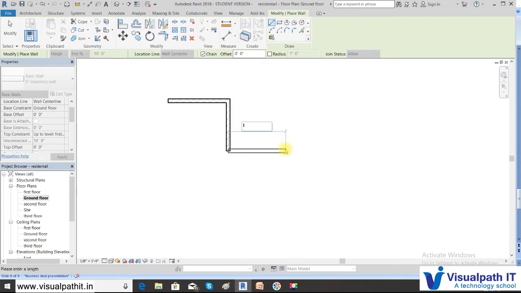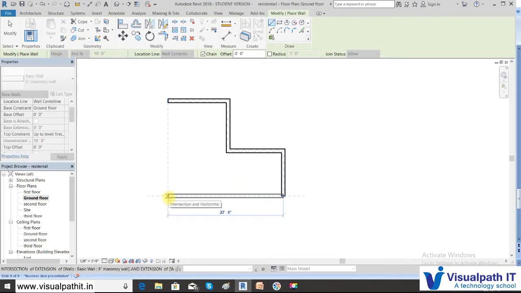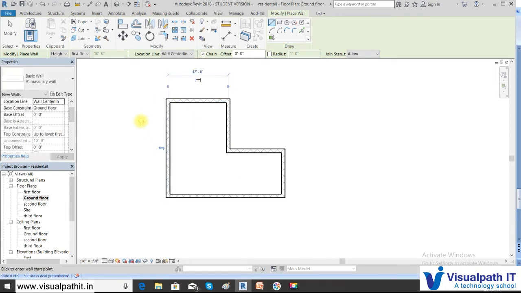Say 11 foot, enter, then come down, say 9 foot. So whatever is the measurement according to the plan, then come back here. So you see that reference line is matching with that. Click it and you can close it in this way. So press escape to come out of the command. Here you have drawn the walls.